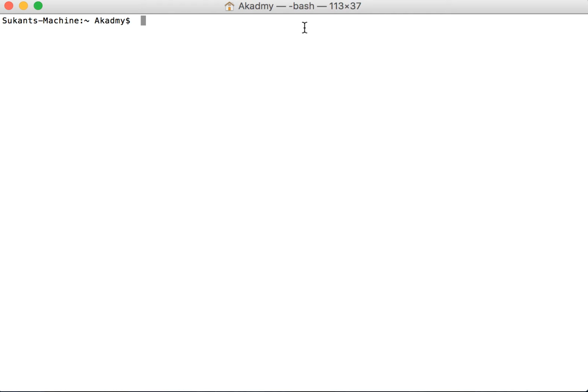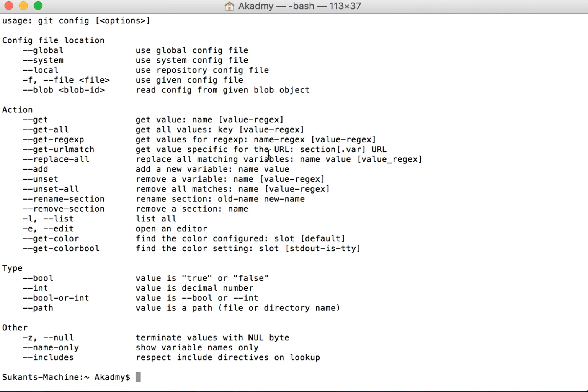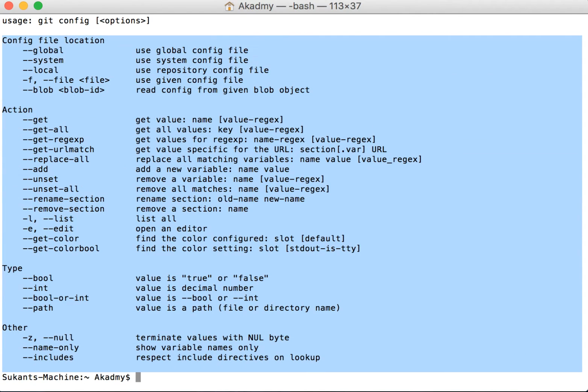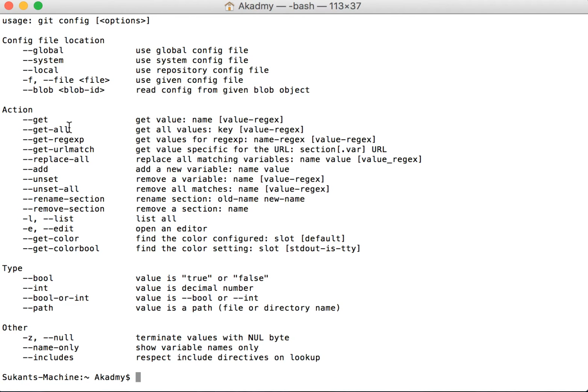So our very first tool is git config, and press enter. Here we see the options that git config gives for taking any particular kind of action or performing a certain operation.